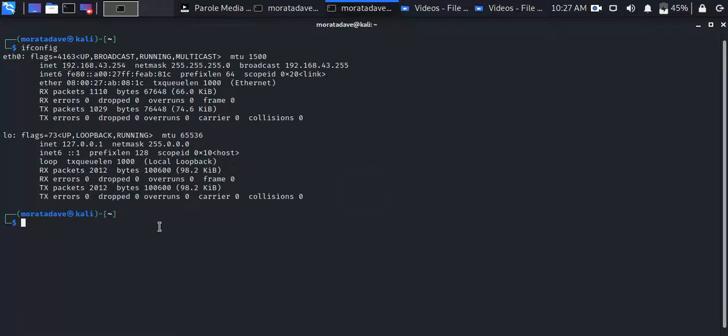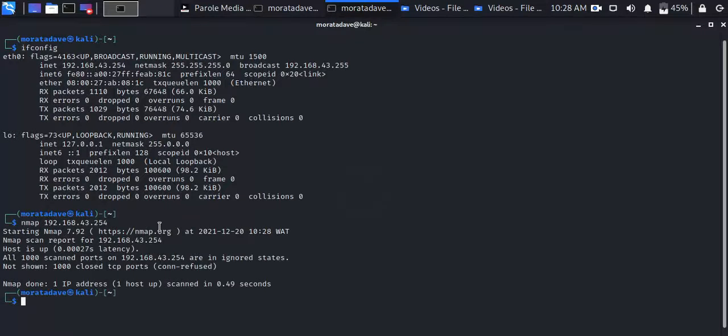And now let me scan my local IP with a basic NMAP scan. So I just type the command NMAP, then my local IP, that is 192.168.43.254. So enter, and whoop, it is done so quickly. So it showed that I have